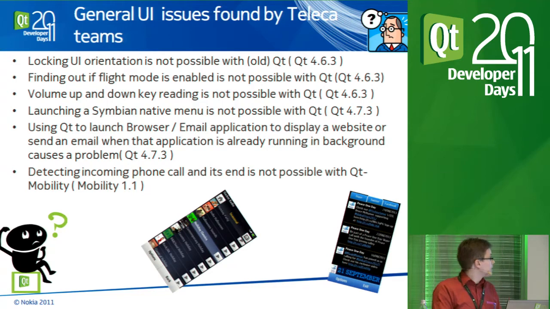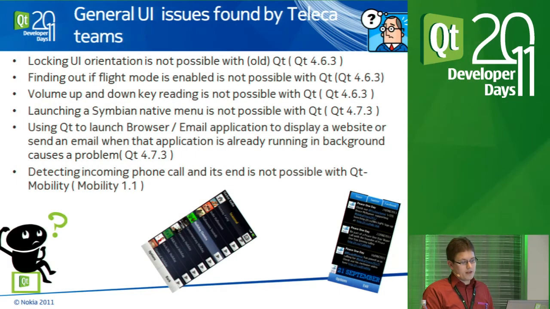All right, then let's go to these issues. Our teams complained that locking the UI orientation is not possible with the old Qt. Of course, nowadays it's already possible. Also, finding out if flight mode is enabled or not is not possible with Qt. Volume up key reading was not possible. Launching a native Symbian menu from the left soft key, which appears by pressing the left soft key, was not possible with Qt. And launching the browser or email application was also problematic using pure Qt code, as if